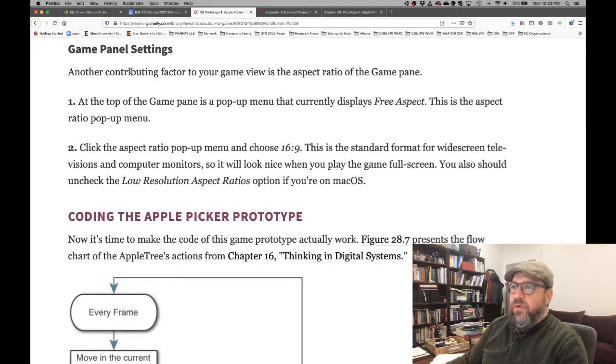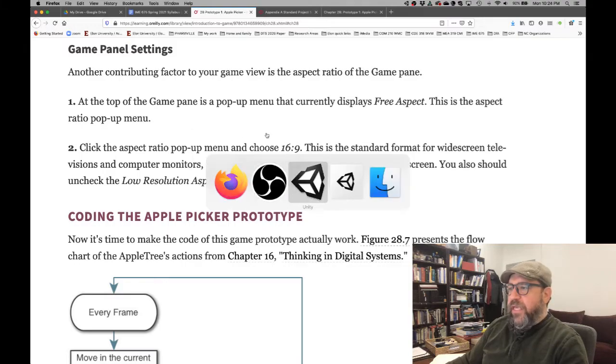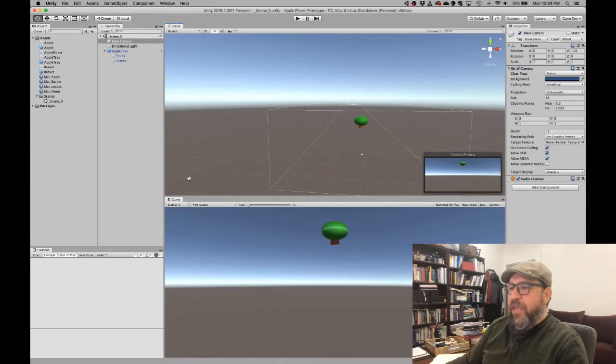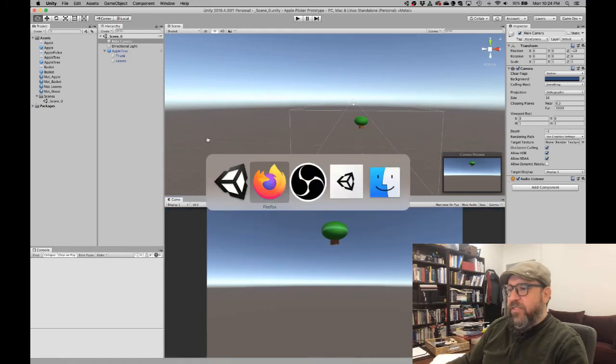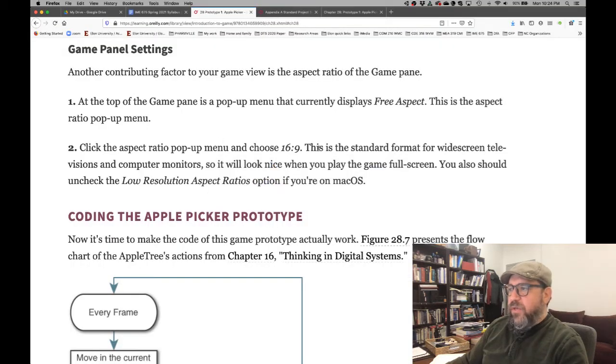panel. So another contributing factor to your game view is the aspect ratio of the game pane. At the top of the game pane is a pop-up menu that currently displays free aspect. This is the aspect ratio pop-up menu. Okay, well, let's take a look at that. At the top of the game pane is an aspect, and we're going to change this to 16:9, and that narrows our aspect ratio down. So that's the standard format for widescreen TV and computer monitors. This will be good for